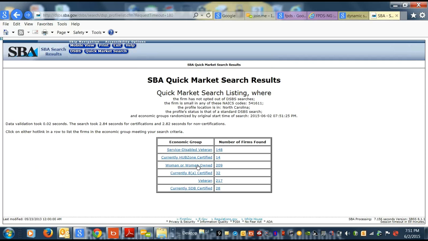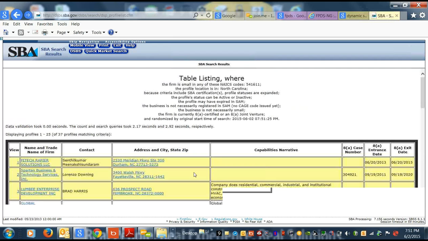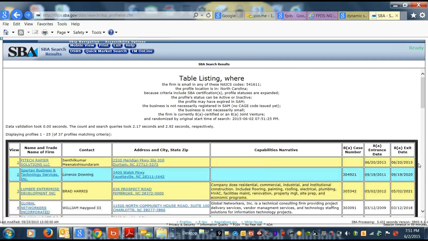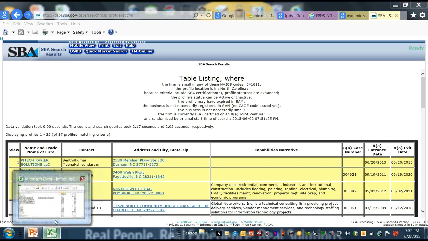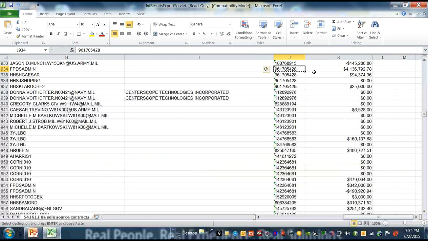Okay, so right now, under that NAICS code in North Carolina, there are 32 firms who have that NAICS code. And so when I look in, and if you look at their profile, there's always going to be an exit date. So that's what you're looking for, is when that firm graduates. So if we go back to the report, and let's say that firm was graduating,